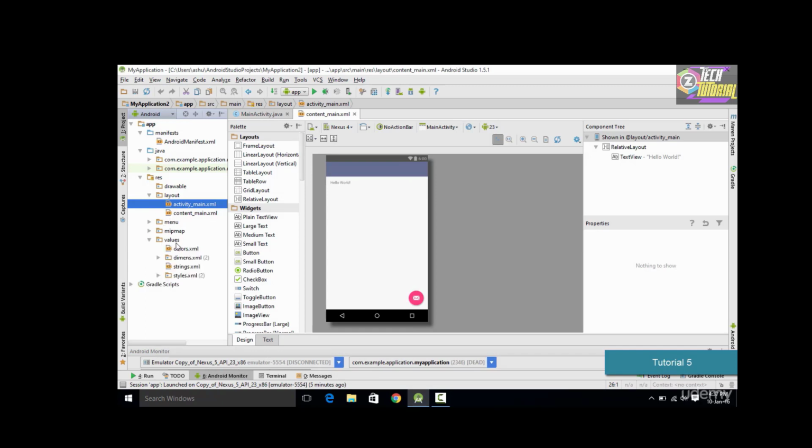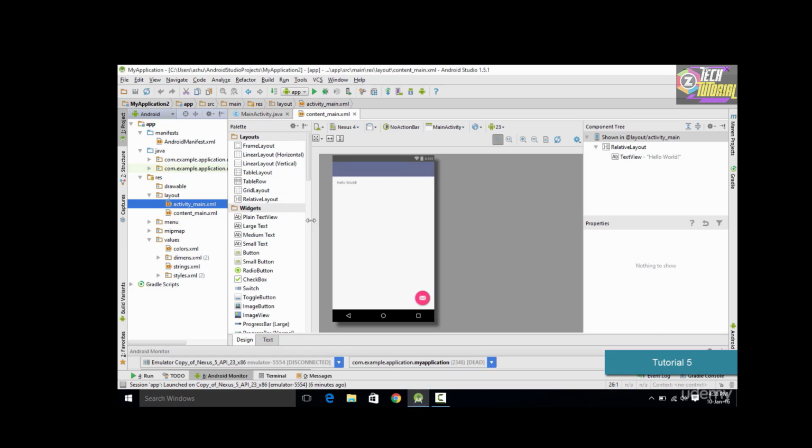Now we are going to discuss something about the values folder. The values folder is basically going to contain the values which we are going to store in our Android application. Now one more thing which I wanted to explain is that there are two ways in which you could edit your application or program your application.